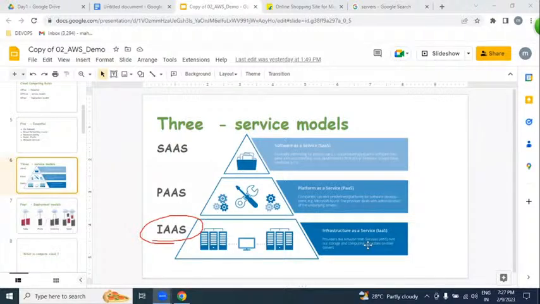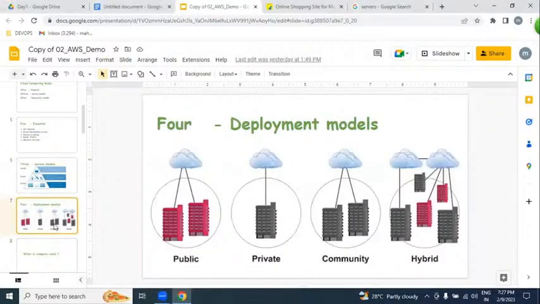But I hope you understood this very clearly. Which are all the service models? What is the third one, please? 4 deployment models, guys, please. So we are going to be getting infrastructure or not? We're going to be getting infrastructure. It might be RAM, CPU, motherboard, whatever it may be. But how many ways can we get it? 4 ways.